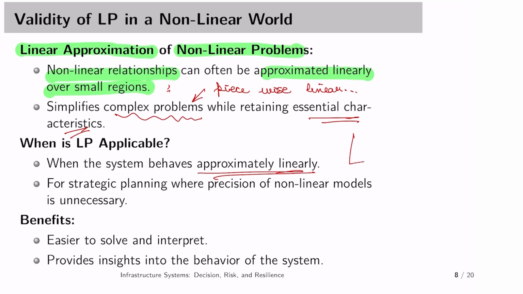For example, if I have some function which is going all over the place or exhibits high variability, if I talk about these two axes, x and y, it may not be a wise idea to work with piecewise linearity. However, if I have a function that is indeed not just a straight line, but comprises smooth transitions where different parts can be approximated as linear components, that is where the linear programming paradigm can be used